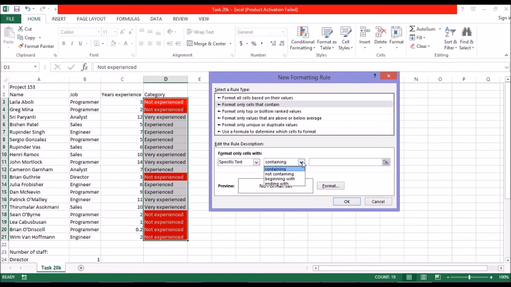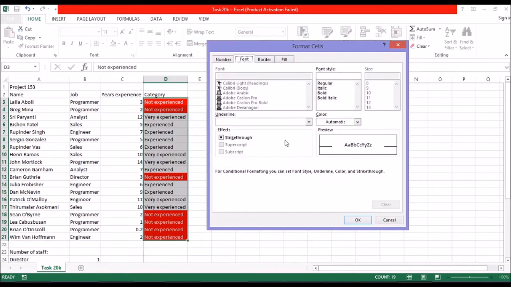I'm not going to choose contain, because if I say contain experienced, it's going to change everything to yellow amber because we have experienced in all the cells here. So for me to do this, I want it to begin with experienced, so that it's only the cells that have experienced beginning it that will show in that particular color. So I will type it the way it is, experienced, and the color should be amber